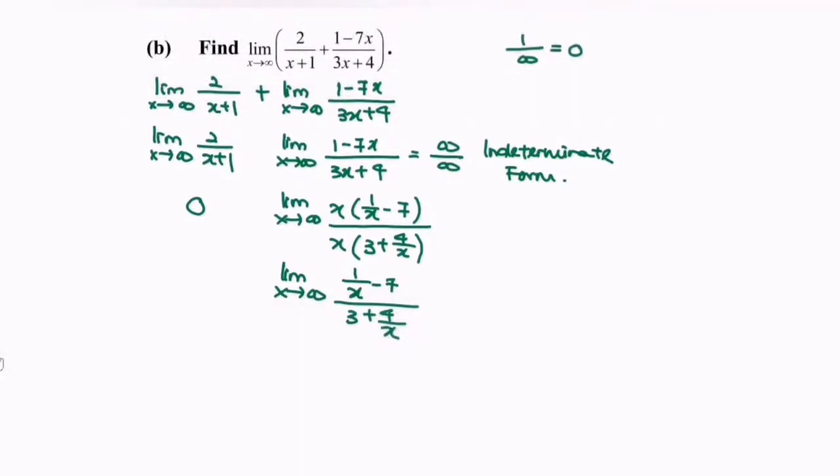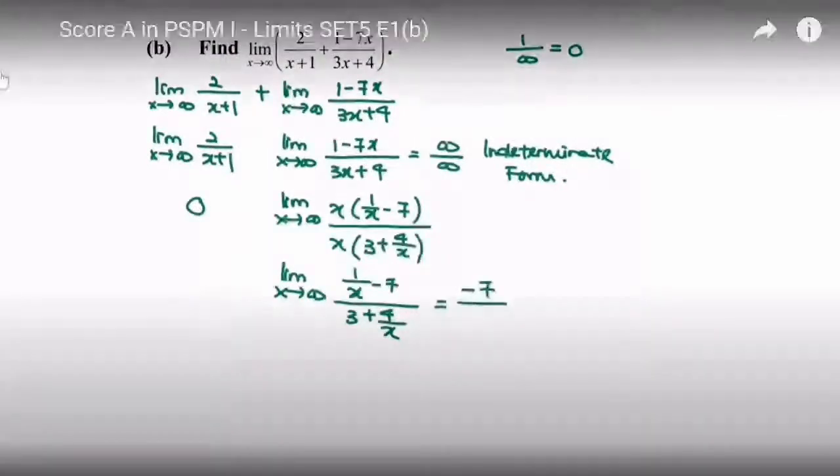Kindly substitute the infinity, and kindly take note, 1 over infinity is equals to 0. So for this case, we will have 0 minus 7 over 3 plus 0. So meaning that limit